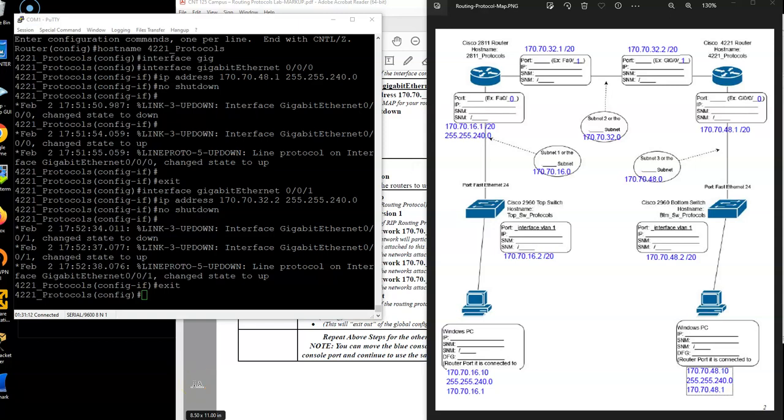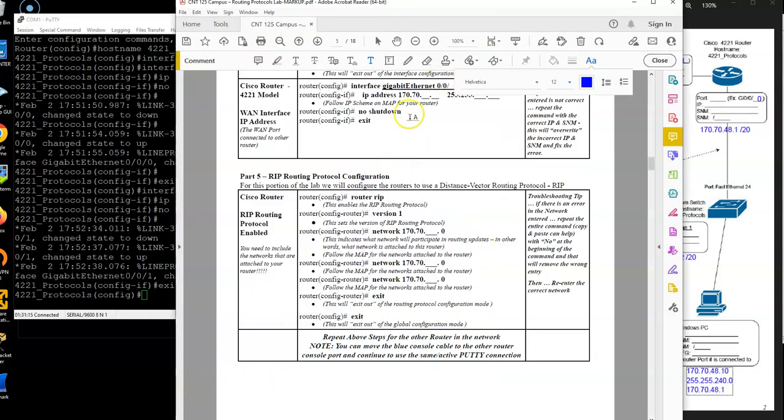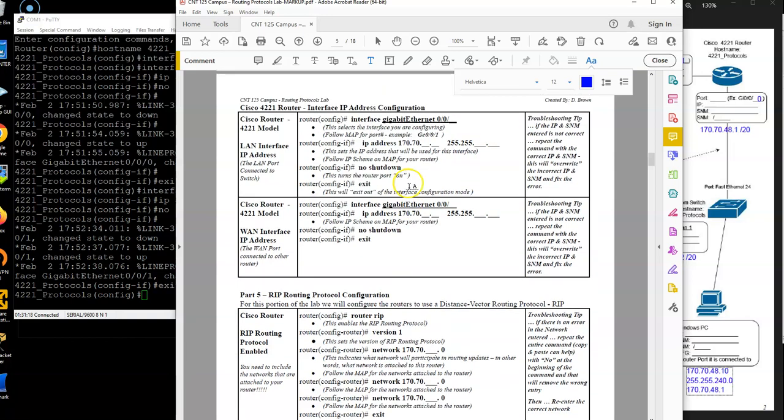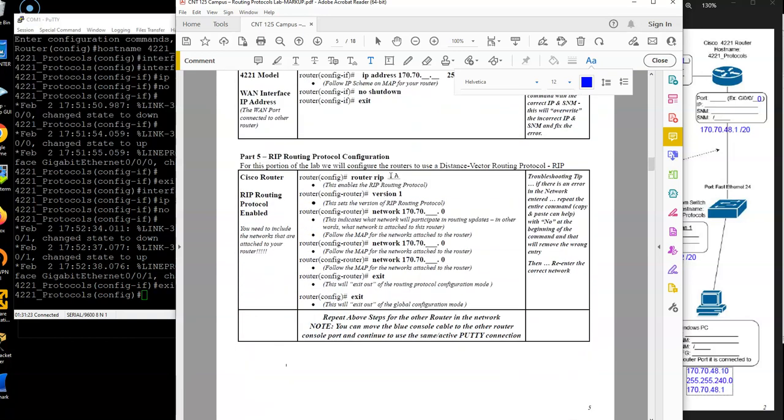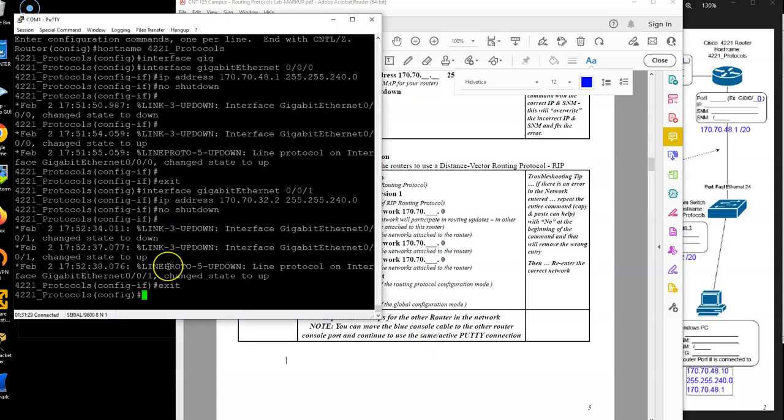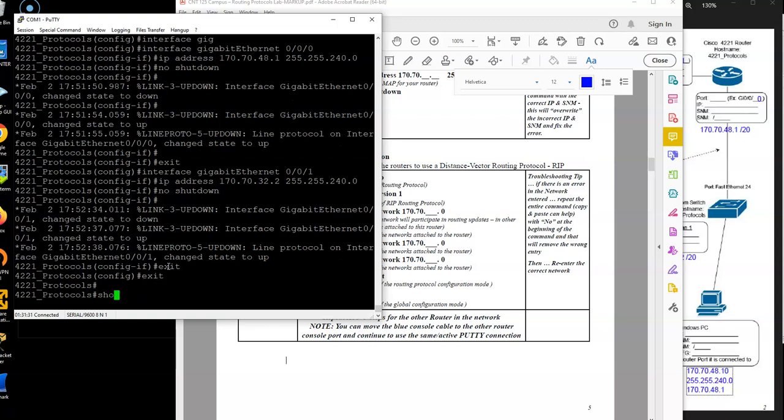All right, CNT125 Routing Protocol Lab. We just got done configuring the basic config on both of our routers, our interface config. We're now going to add our first routing protocol. So before I even do that, if I do an exit here and I do a show